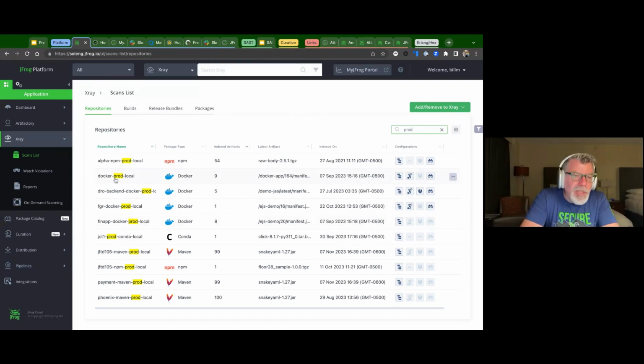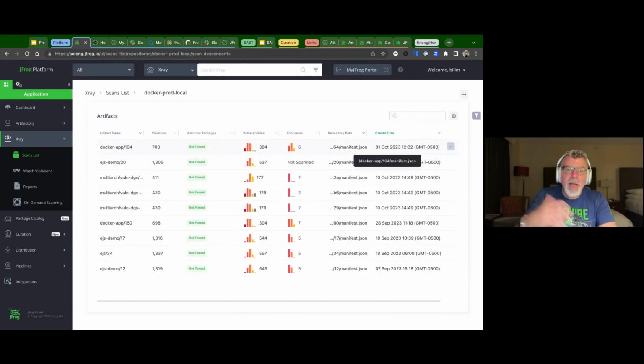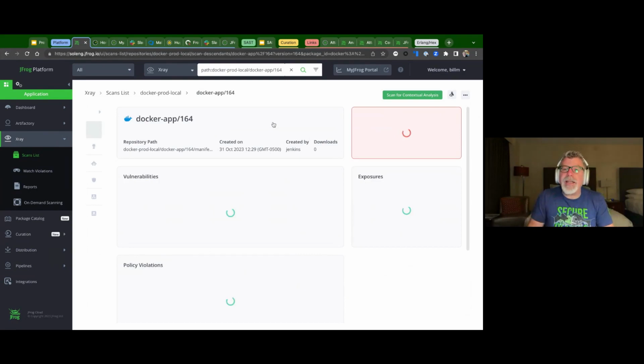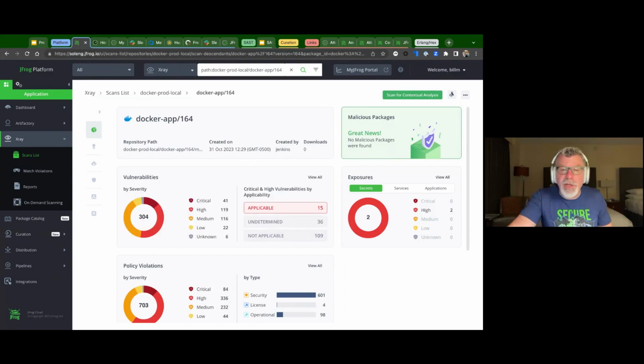So let's go ahead and I'm going to select a repository. Now, a repository is where I'm storing things. In this case, this happens to be a prod repository of Docker images that I have. And the first thing I'm going to do is go to this one Docker image I have. You can see there's some information here. I'm not going to go too deep into that right now. What I'm going to do is, when I select it, you're going to be presented with a dashboard. Now, this dashboard is everything in terms of security